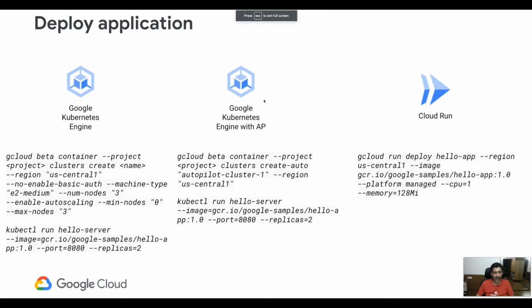Now we are back to our presentation. We'll quickly talk about how we deployed the application. In the case of GKE, we created the cluster. We also specified the options for the worker nodes in terms of the type of nodes, the number of nodes, and whether we want autoscaling. But in the case of GKE with Autopilot, we did not have to specify anything with respect to the worker nodes itself. From an application deployment perspective, it is pretty much the same for GKE and Autopilot. We use our very famous kubectl, and we deploy the application. In the case of Cloud Run, since it's fully managed, we don't need to create a cluster. All we are going to do is use gcloud run to deploy the application.